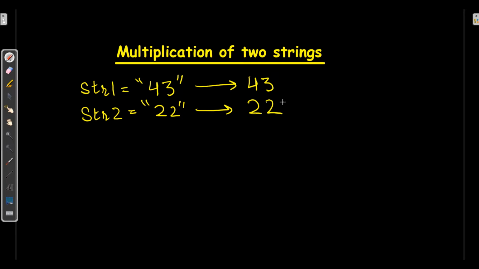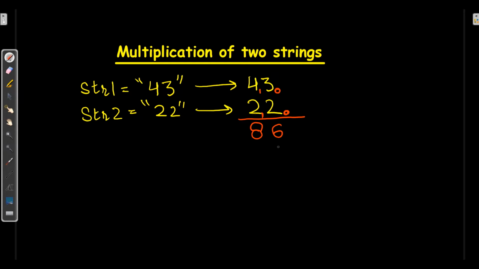Now let's use the traditional method. How do we multiply here? Here we used to have this 0th digit and we increment this index from right to left. So here it will be 1 and 1. So when I multiply 2 with 3, it will be 6. After multiplying 0 with 0, I'll multiply 2 with 4. So here it will be 8.